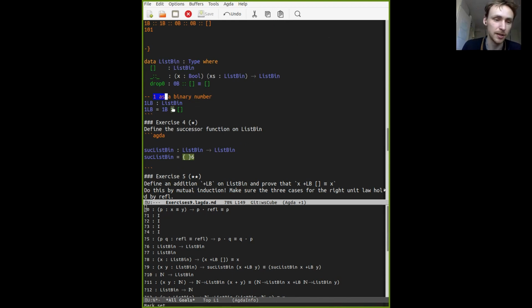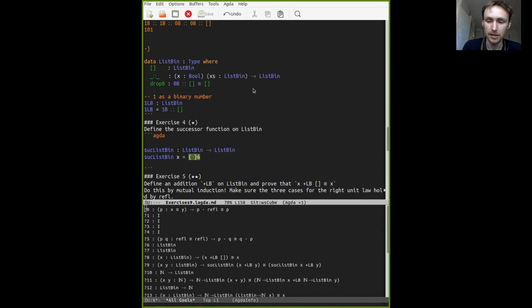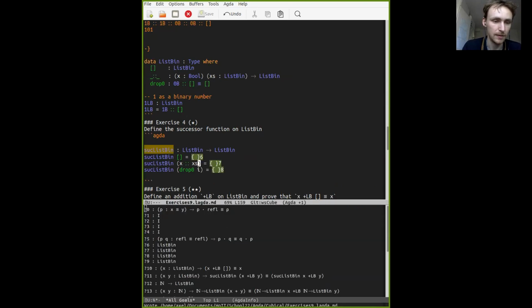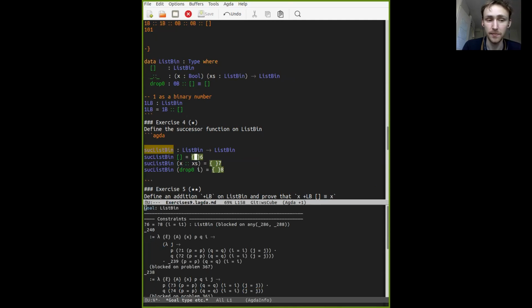Okay. So how do we do this? Well, we introduce an x, which is a binary number as a list. And then we do pattern matching on x. So first we want to define the successor of the